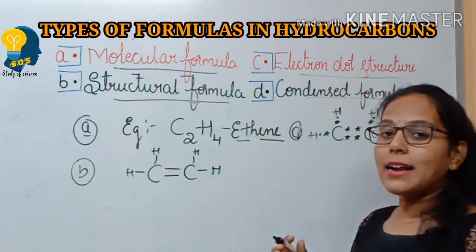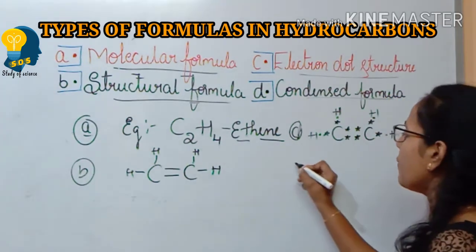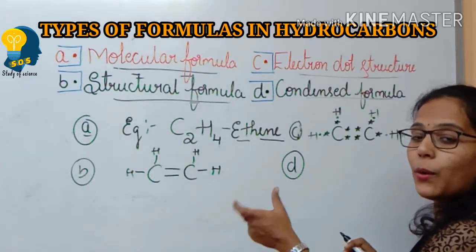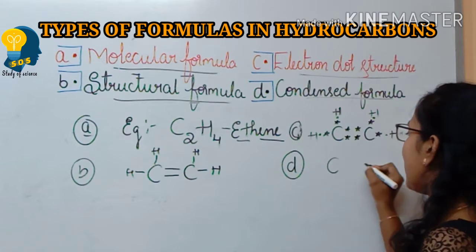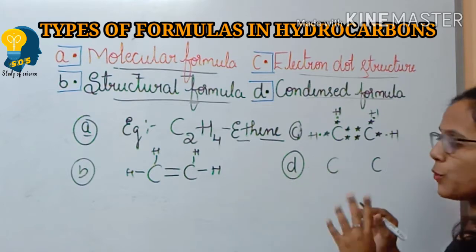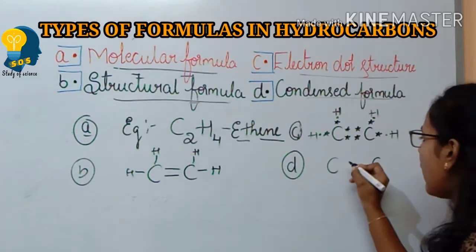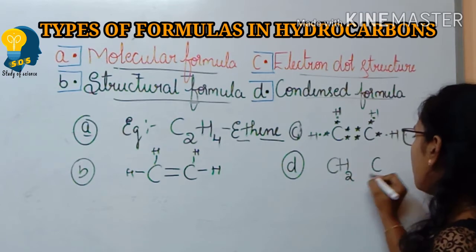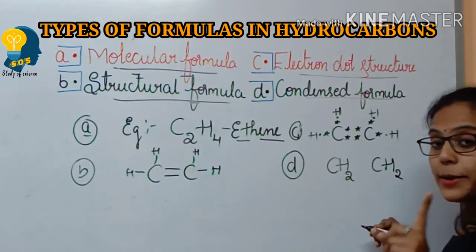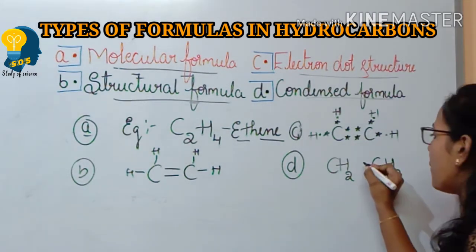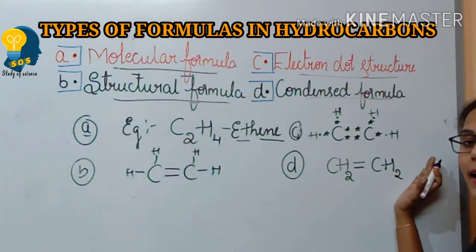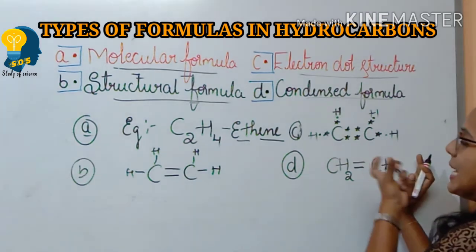Now let me write the condensed form for ethene. We are going to write the fourth one now. So it is ethene, C2H4, right? So I will write 2 carbon, C2, and H4 is there. So I have written 2 carbon atoms. So there are 4 hydrogens, right? I will write H2 here and H2 here. And as it is an alkene, there should be a double bond between the carbon and carbon atom. I will write a double bond between the carbon and carbon atom. So this is how we write the condensed form for ethene.